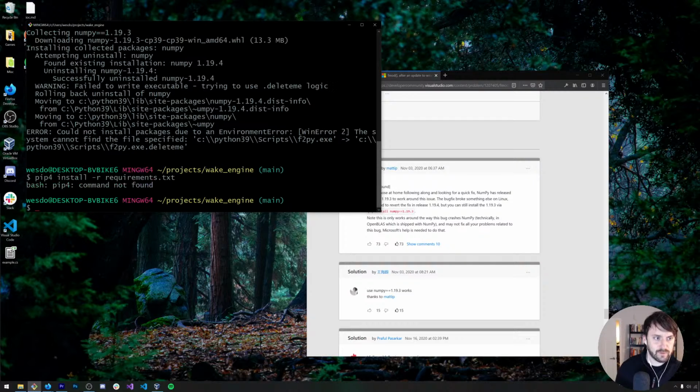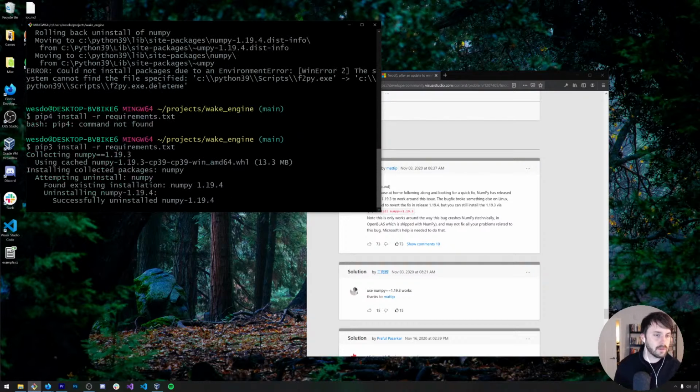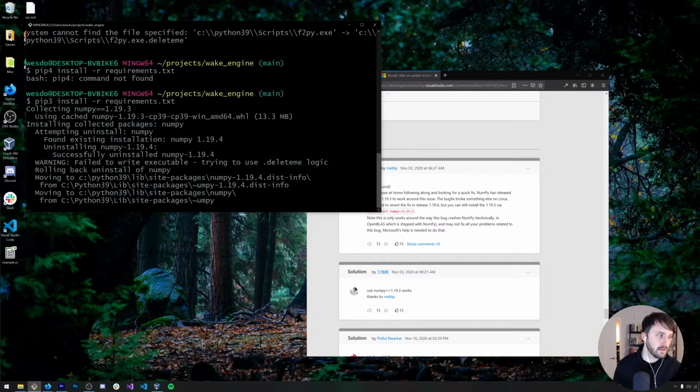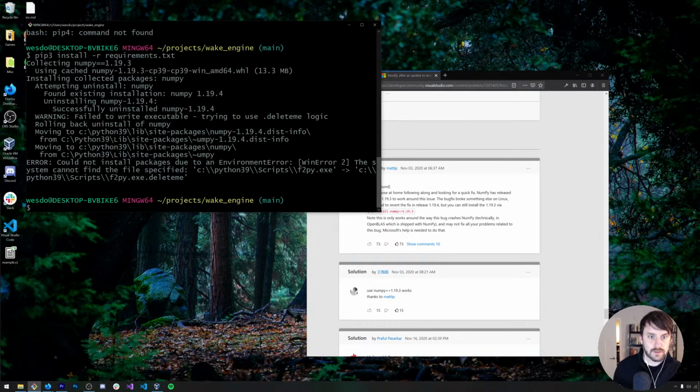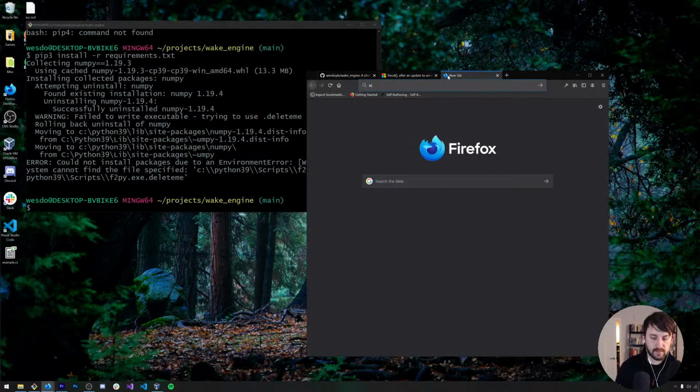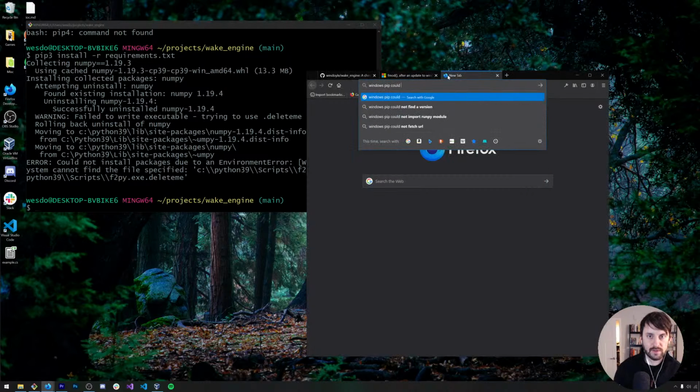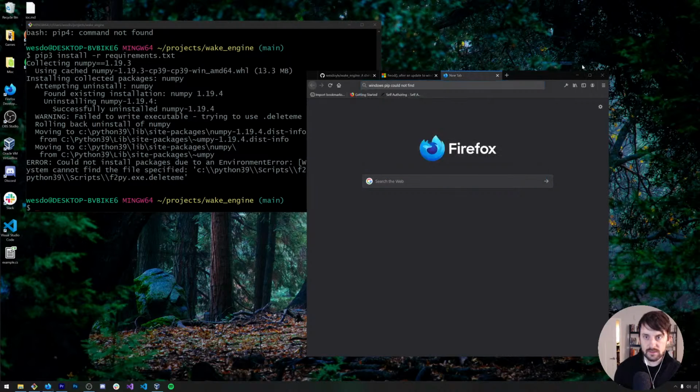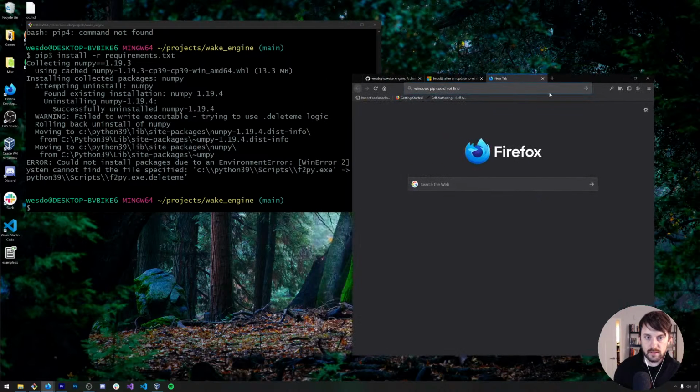What about pip3 install? Not find the file specified f2pi. Windows pip could not find f2pi.